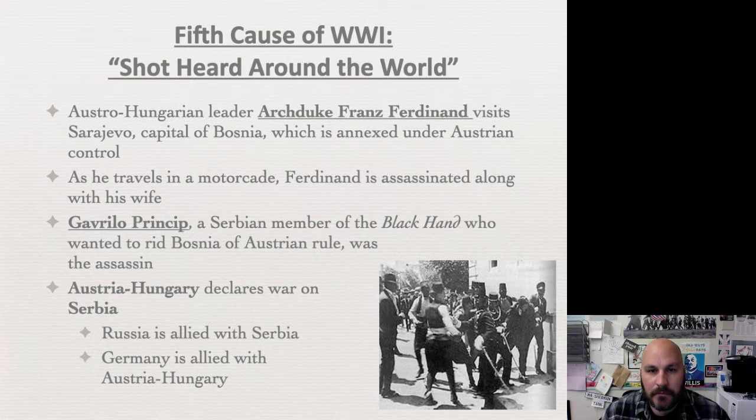He pulls out his revolver and he shoots 2 shots. And the first shot strikes the wife, Sophie, right in the chest, killing her. And the second shot strikes the Archduke in the neck and severs the carotid artery in his neck, where he bleeds out and dies. So the driver hears the gunshots, again, full reverse, full forward, tried to take them to the hospital. By the time they get to the hospital, they realize both are dead.